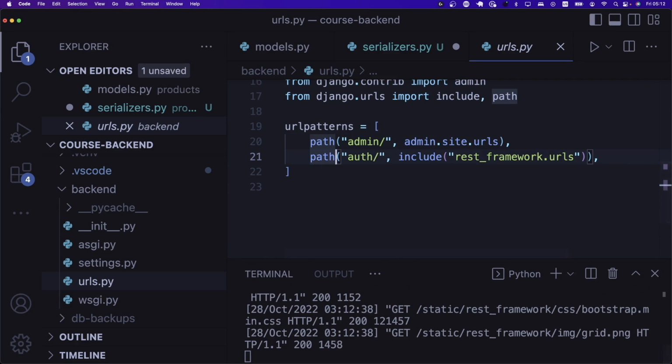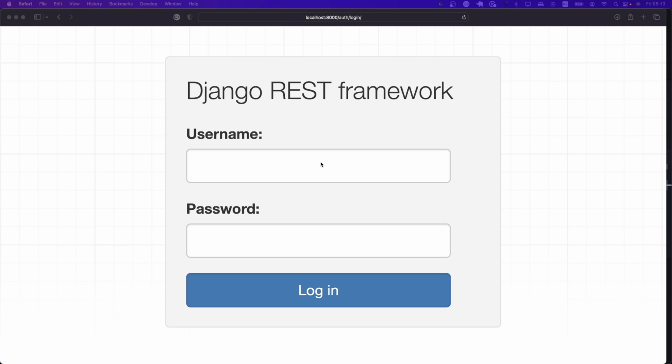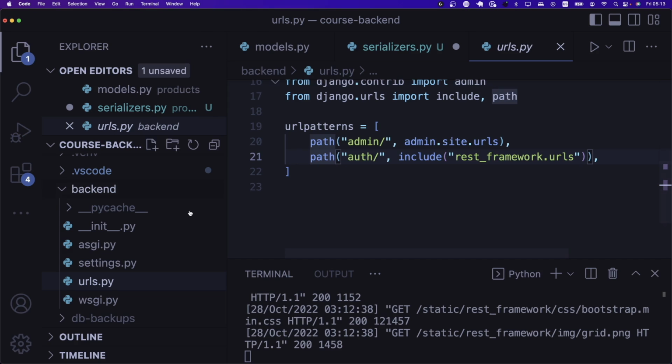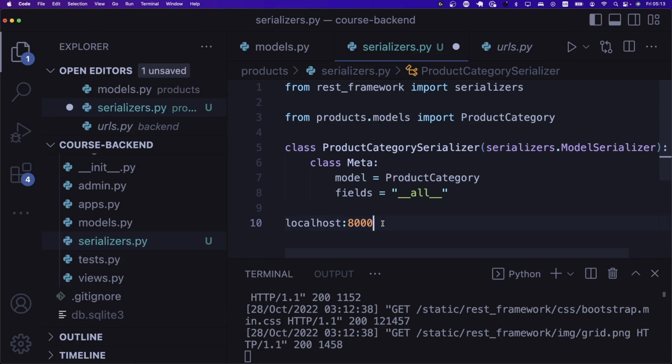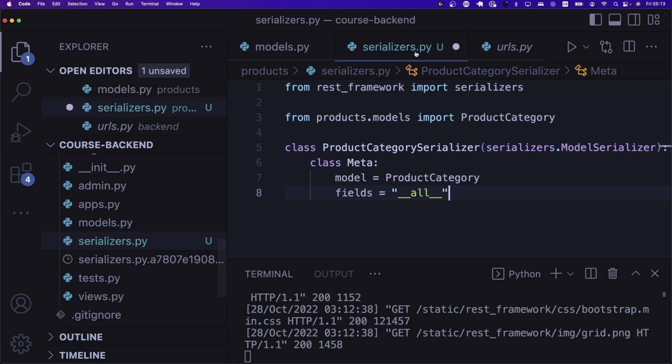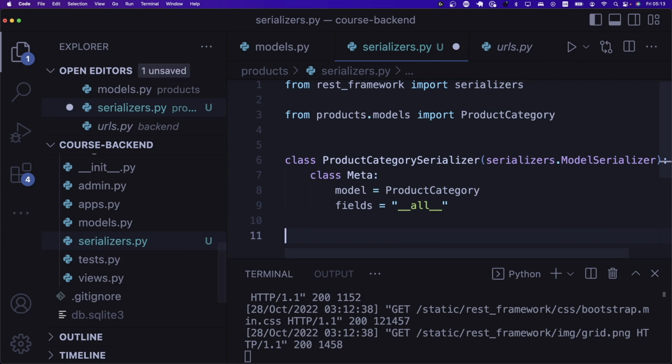But what we want really is to be able to go into our localhost, and then after that, we want to say slash products. Okay, so we need to have slash products. And then after that, we can say slash, for instance, categories or something like that. Okay, and this is because we have the categories serializer at the moment, and we want to get that to work. So in order for all of this to work, really,